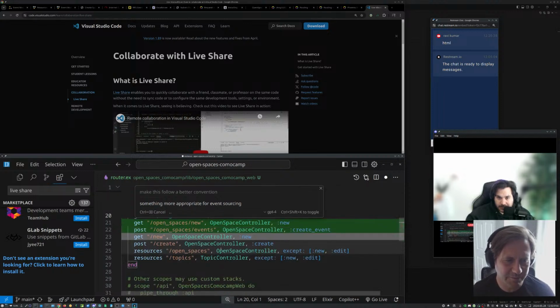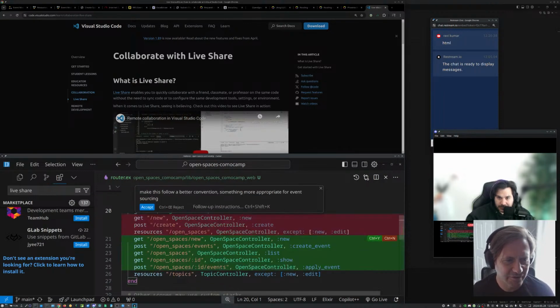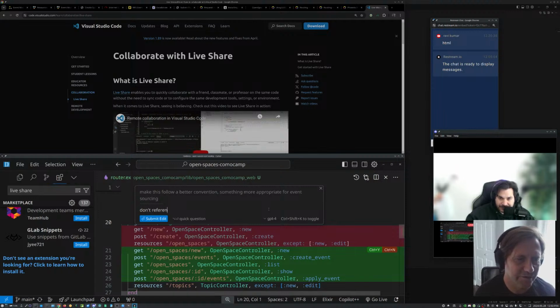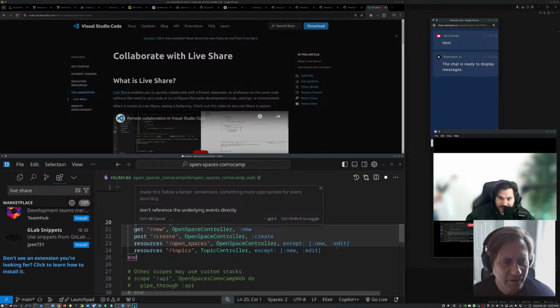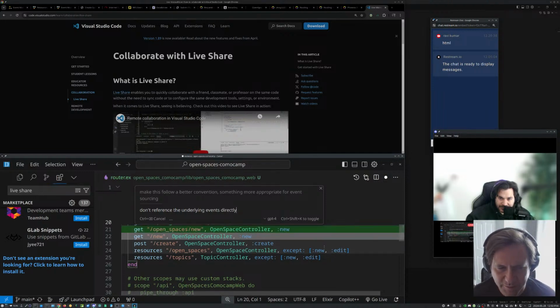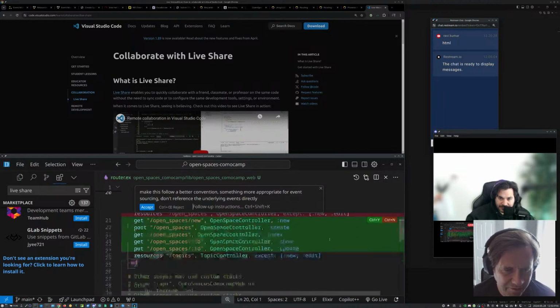So you can just keep the highlighted stuff. So don't reference the underlying events directly. You can keep coaxing it. It also is quite good at passing that context along with everything.